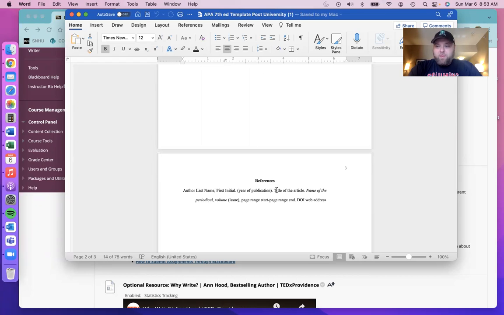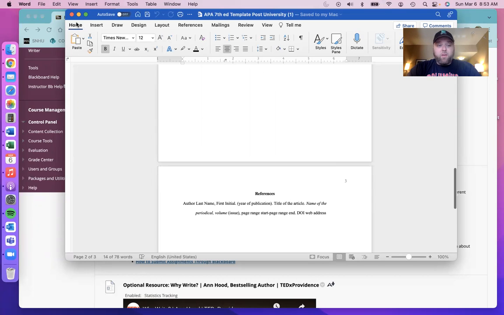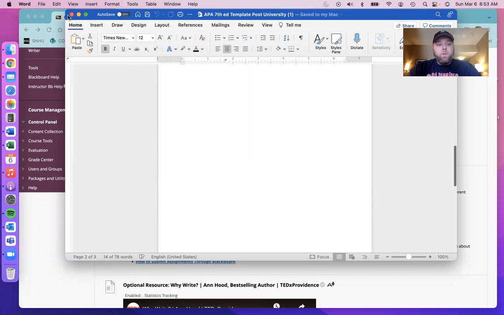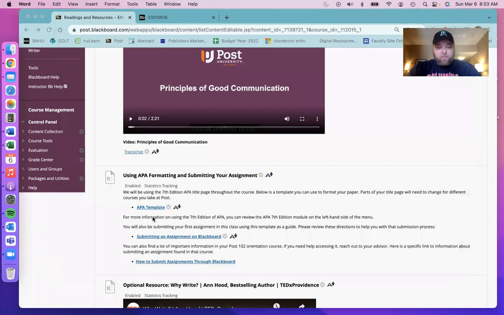You won't have to worry about references for a couple weeks. This is where you're borrowing information from other sources and you're giving credit to them. And that'll be addressed in later weeks. All right, so that's what I would recommend doing, is using this APA template